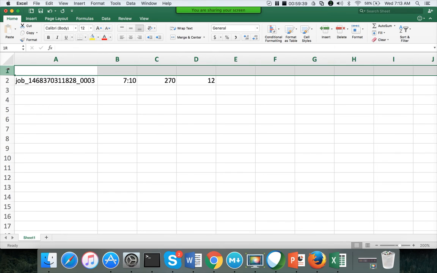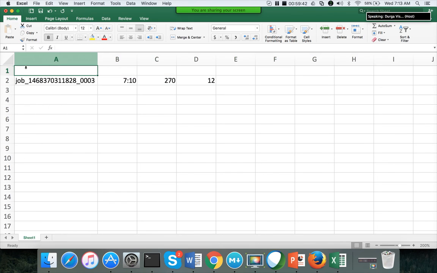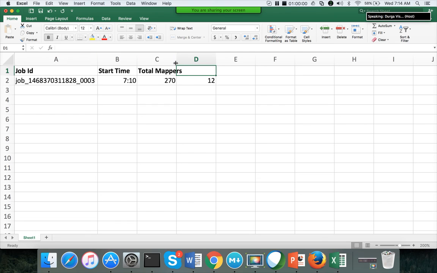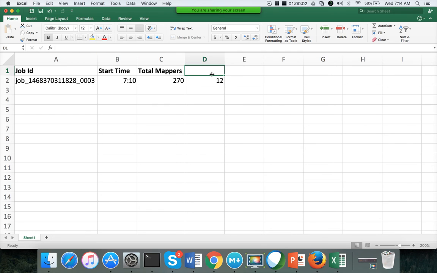Delete. Job ID. Start time. So at 10 it has started. Okay, total mappers. Let's assume that the job is a map-only job, so that it is clearer.